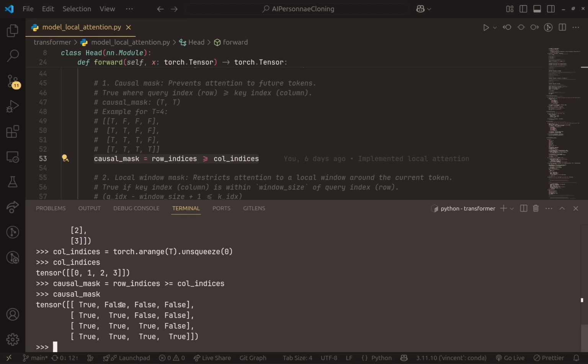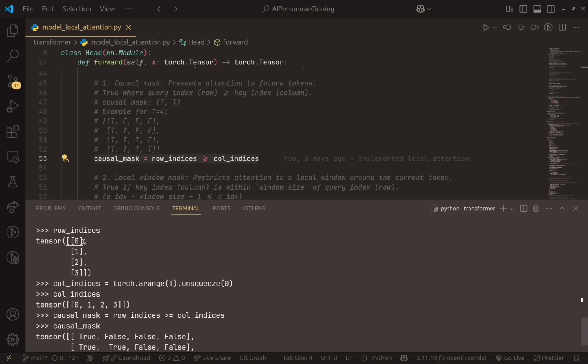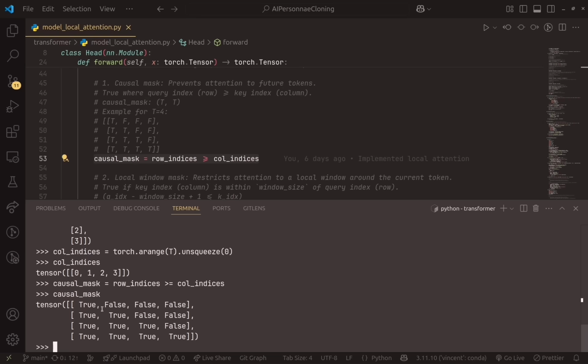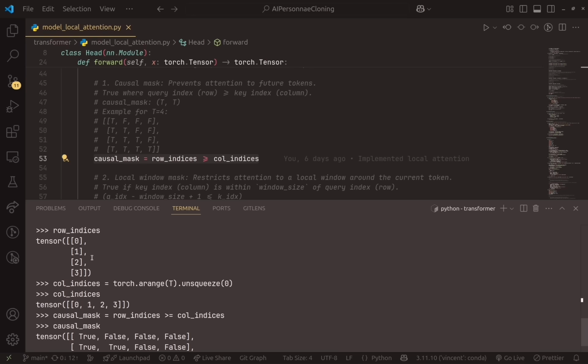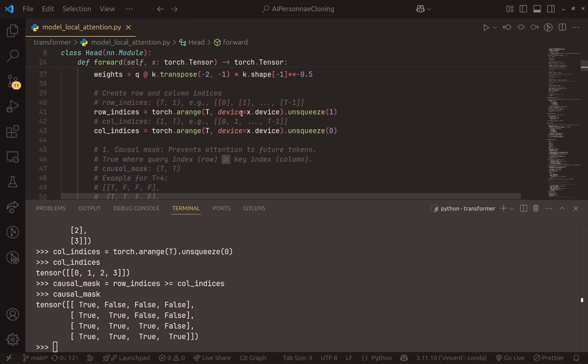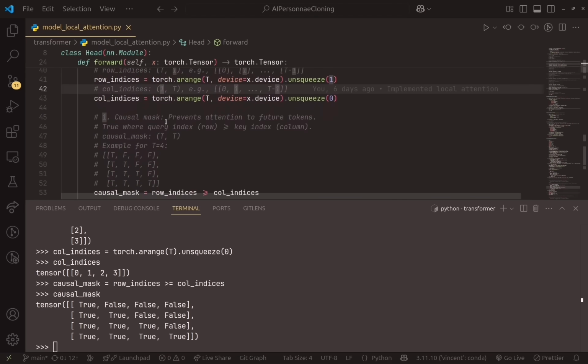We are going to multiply this with our attention weights matrix in order to remove the upper triangle. And how did we do this? You can see that here we have 4 rows and 1 column. Here we have 1 column and 4 rows. And this is the beauty of Python. Python under the hood will use broadcasting in order to duplicate one of these tensors so that we can perform this operation. Because here we have 4 by 1 and here 1 by 4, this will be multiplied 4 times so that we get a 4